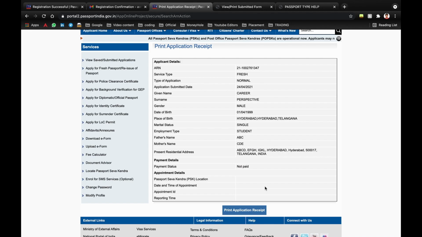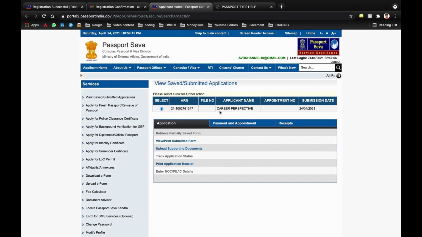But nowadays it is not mandatory to take the application receipt with you, because you will be having a message that you need to show at the entrance of the passport office. The guard will check the message and verify if you have an appointment right now or not. If you have an appointment, he will let you in instead of checking the application receipt that we generally take with us. So guys, this is how you submit your application for your passport and pay the fee.